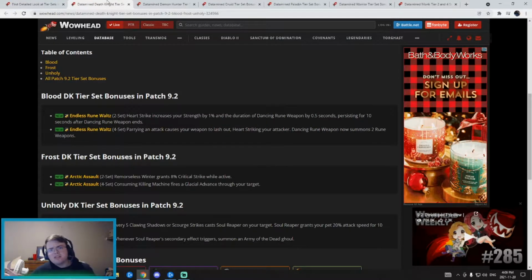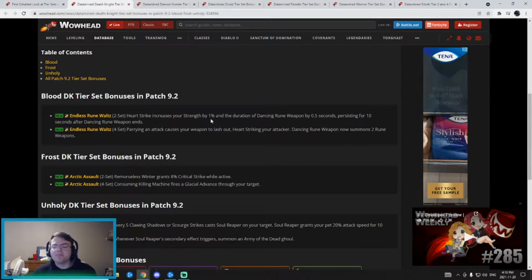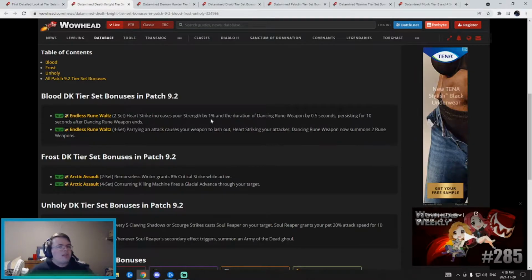Now, Blood Death Knight tier set is okay. It's not great, it's not amazing, but it's not the worst thing that I've ever seen. So the 2-set bonus is that Heartstrike increases your strength by 1%, and it increases the duration of Dancing Rune Weapon by 0.5 seconds, persisting for 10 seconds after Dancing Rune Weapon has ended. So basically, this just will extend your Dancing Rune Weapon for a set amount of time and give you a little bit of strength. Now, that's really good because for the most part, 2-set bonuses are just some flat stat increase, flat DR, something basic, nothing really that good, but it works its way into the 4-set bonus,